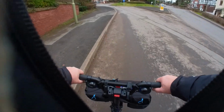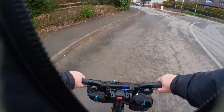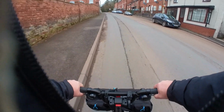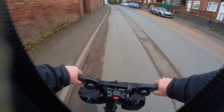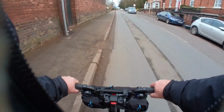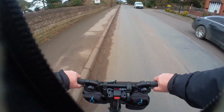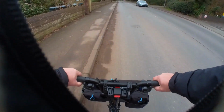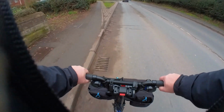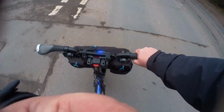A guy very kindly waited for me at the junction. It's a fairly steep hill. Of course, with it being an e-bike, it's not so bad. As Rocky said about Clubber Lang, ain't so bad. No idea what brought that to mind, but anyway, I'm still slightly under the weather. So I'm using the e-bike on maximum power, which I don't normally do. I'm on three bars,